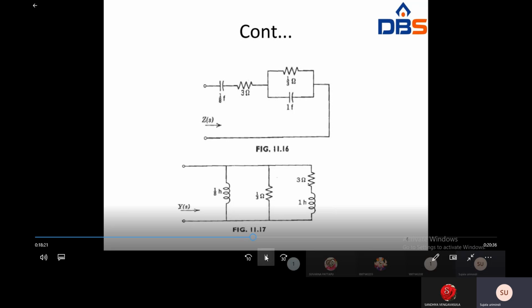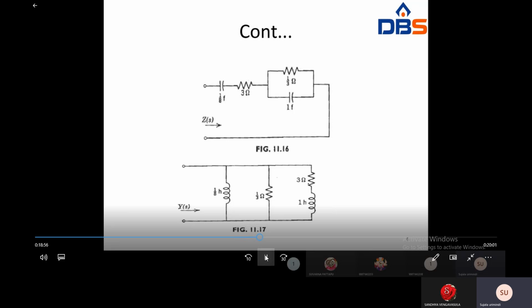So why are you getting this? I am telling that when you find out the impedance form, the resistance will be simply R. Inductance will be L into S. Capacitance will be 1 by Cs. So when you have to find the impedance form, here RC will be the combination because the total value comes from the 1 by S. If I am taking in terms of the admittance form,